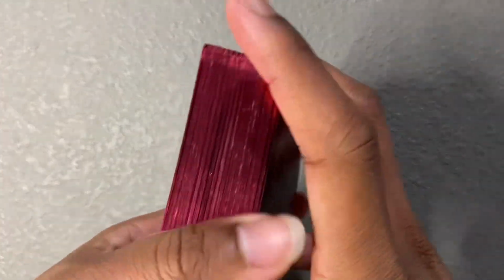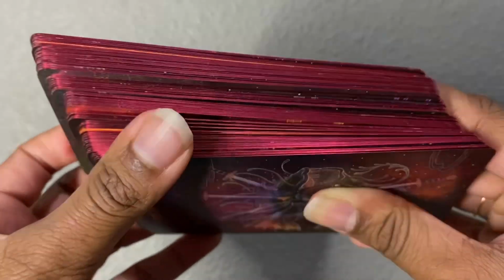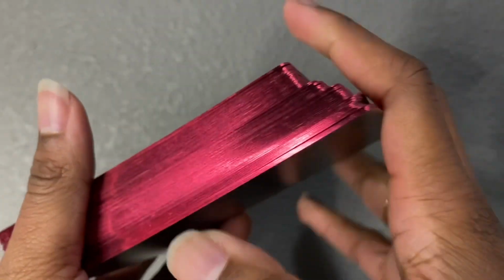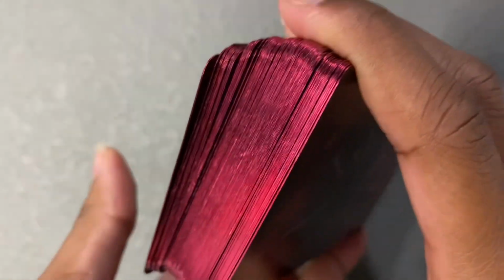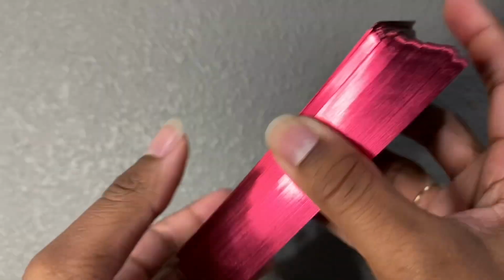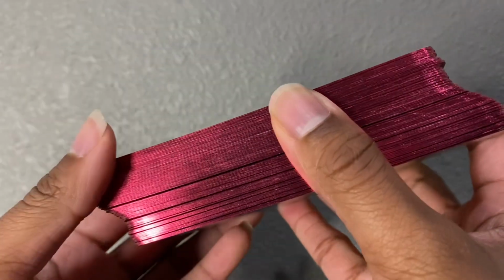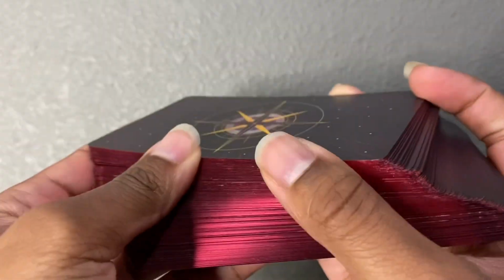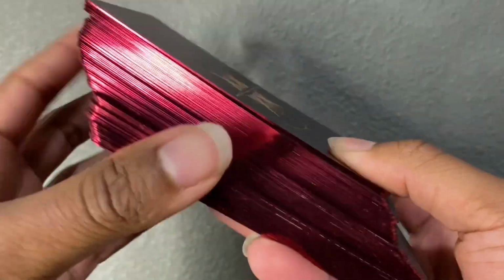Let's go through the cards as they are, just the same, except the gilding is different. This is really unique. This red gilding, you know what it reminds me of? Everyone loves it so much, but it actually reminds me of the old school Bibles, for those of us who grew up in the church, no matter what denomination. This is what the old school Bibles look like. It just gives me old school vibes. Anyway,